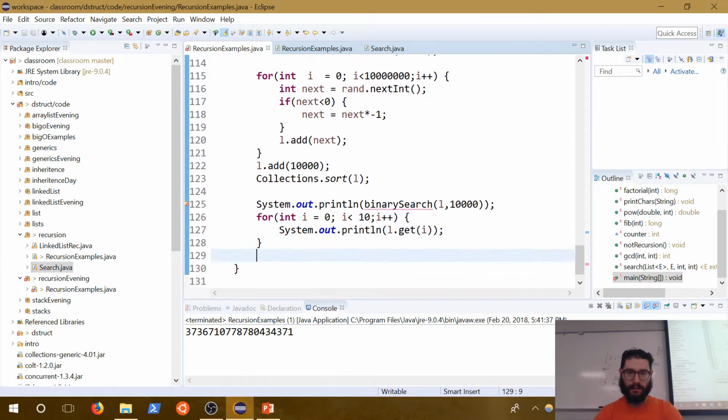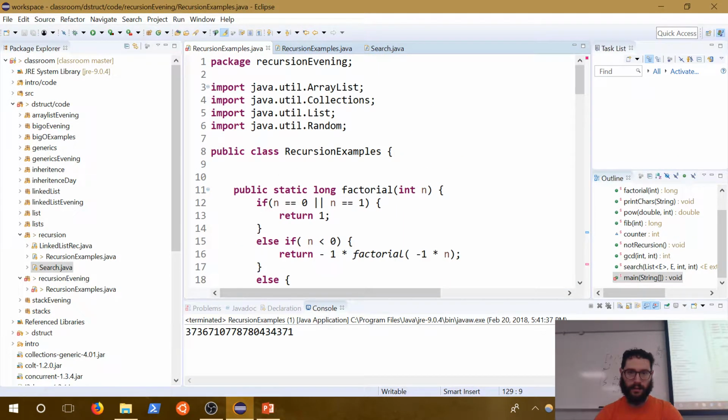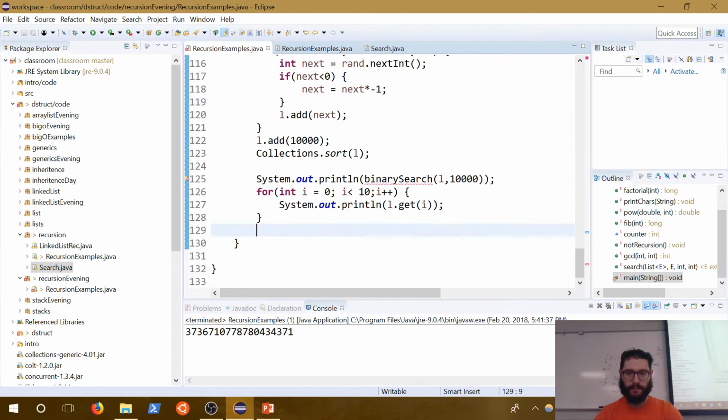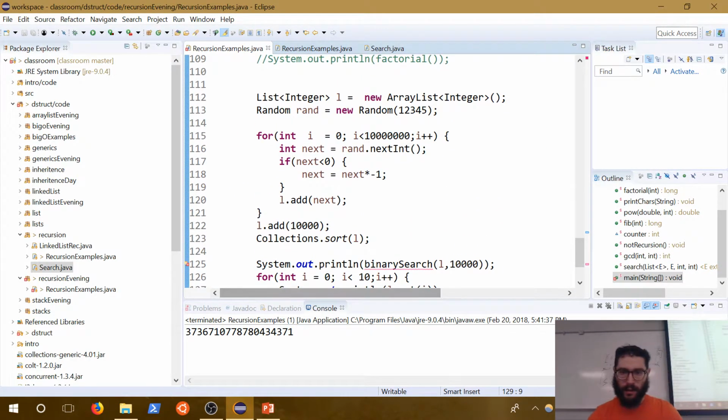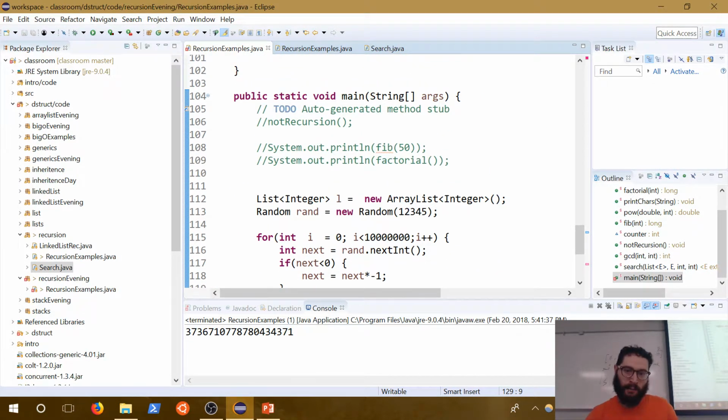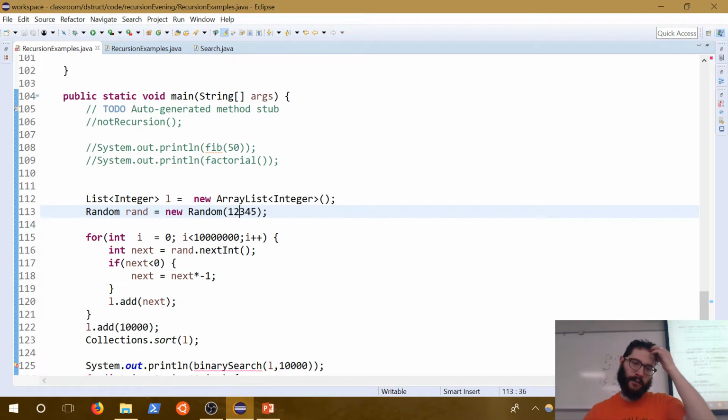So what we're dealing with is that we're going to create an array list to hold items, and I'm going to create a random number generator, and this time I'm providing it with